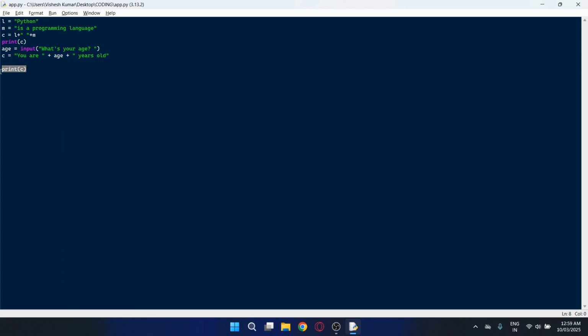I suggest you try out this feature yourself, and maybe you can take multiple input functions, like you can create multiple input functions in one line. You can ask for the name, age, gender, and make a sentence: your name is, your age is, your gender is. You can try it out, and then watch this video. Okay, if you have done it,